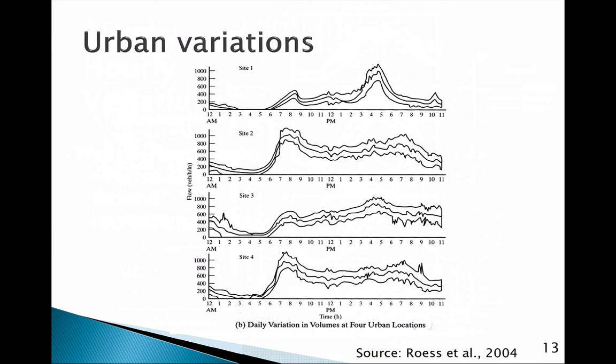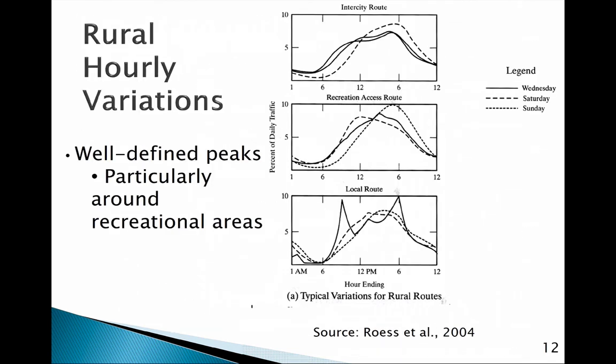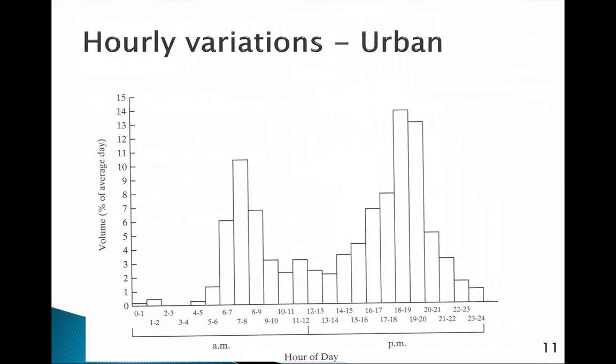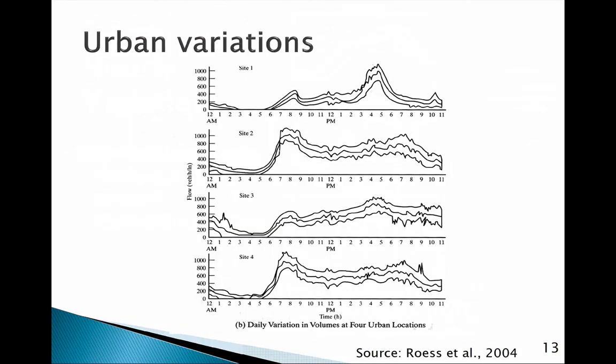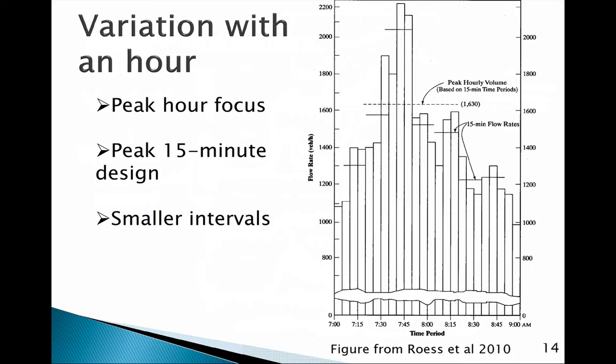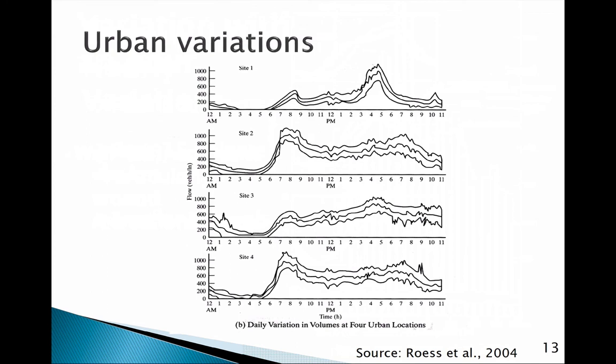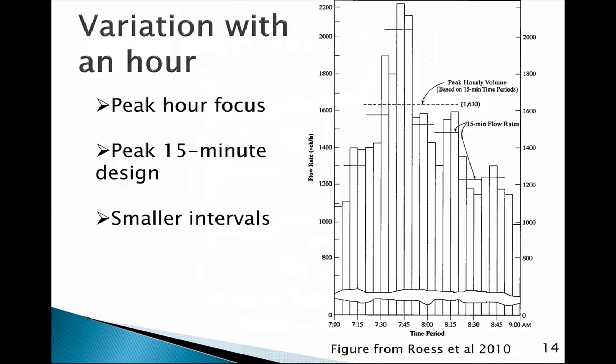But in general, going back to this, this is pretty typical urban, but it can definitely vary. It just depends on what the corridor is used for. So we've talked about yearly, monthly, and weekly, and really hourly within a day, right? That's what these profiles are showing, that throughout a day, by hour, they change. Well, even within an hour,